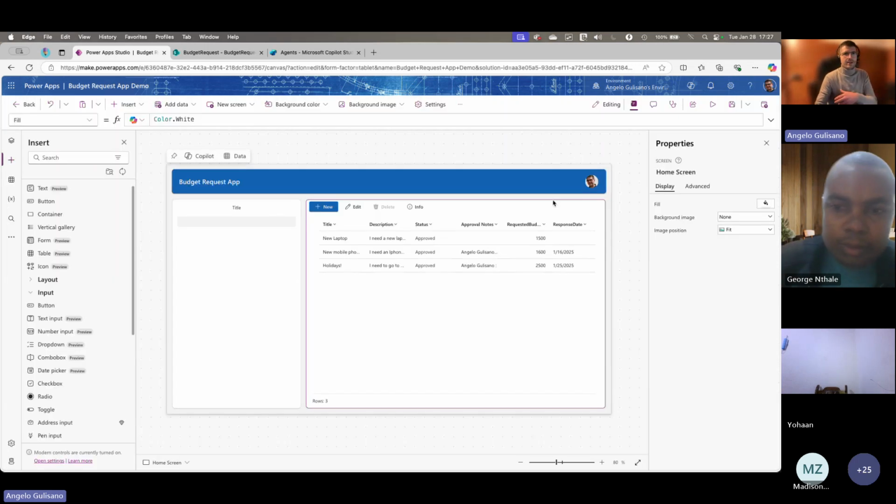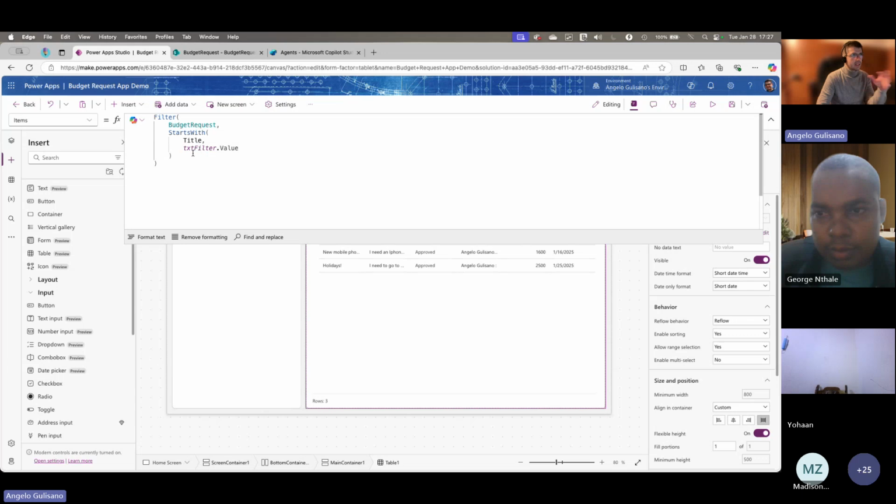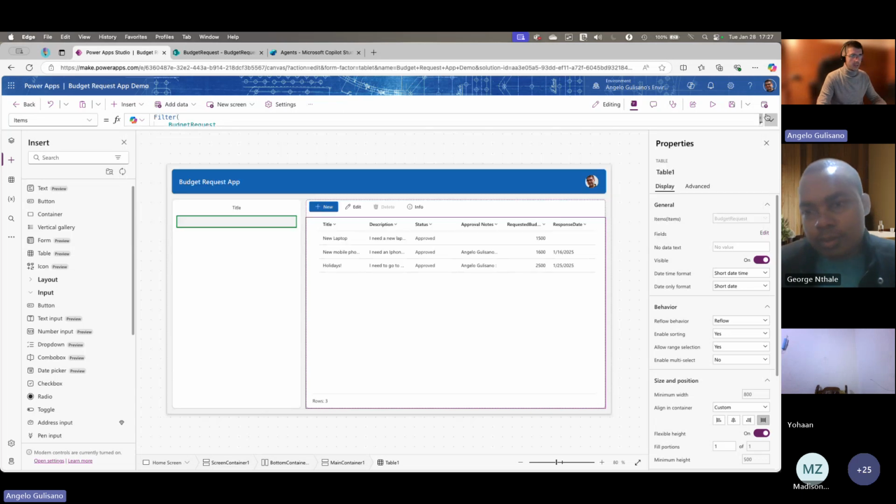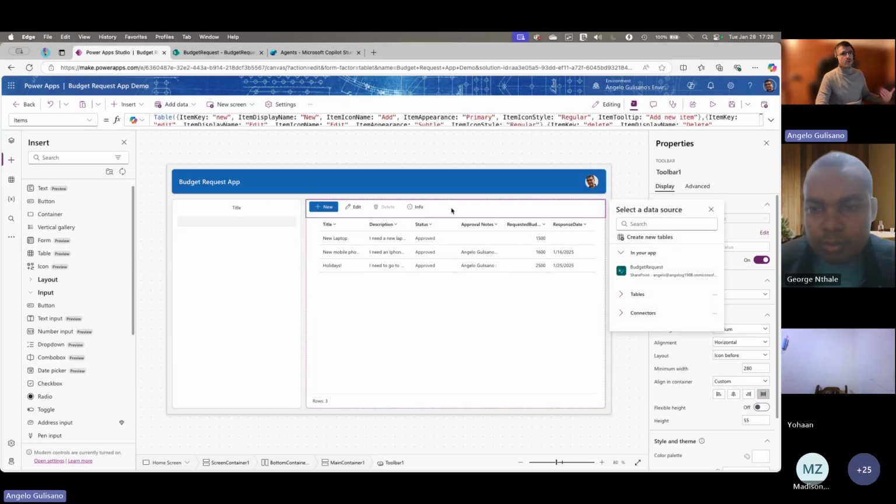Of course, it's a demo, but in a real scenario, you can apply other filters and add some conditional here in end or in or, etc., to add more filter to your table. Then here we have show all the information in this list. And the second one is to allow the user to create a new budget request. Okay. How can we do that?